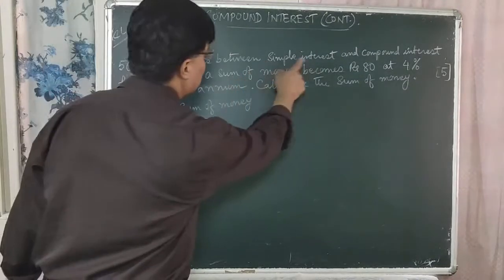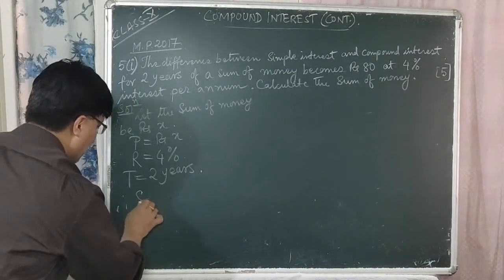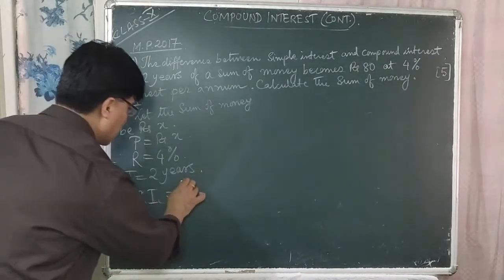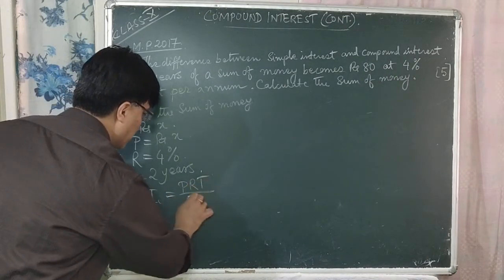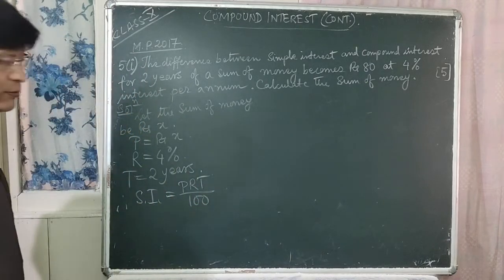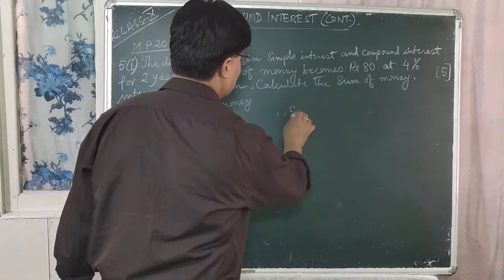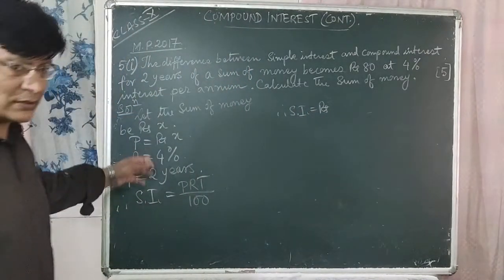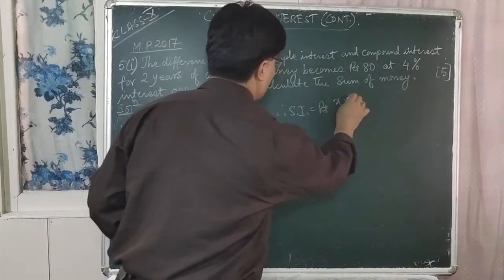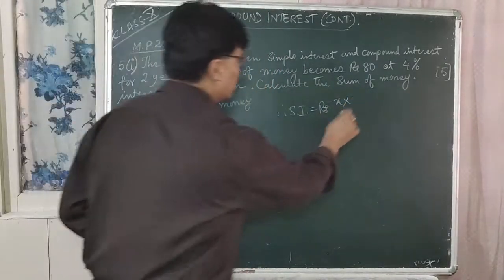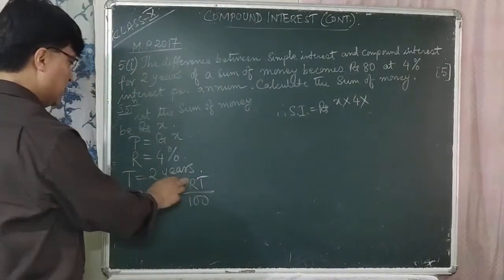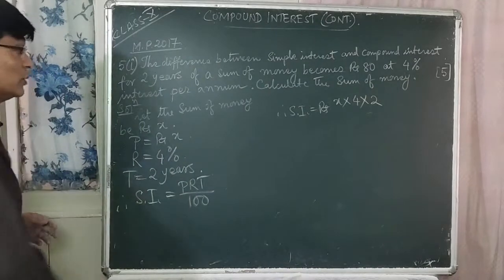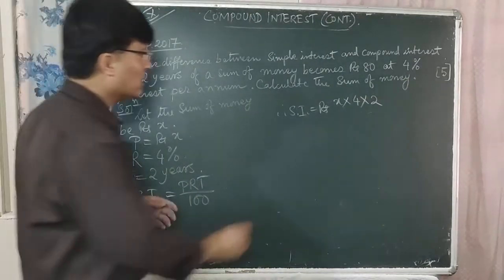Let us calculate the simple interest. Therefore, SI is equal to, what is the formula that you can use here? PRT upon 100, right? So therefore, SI is equal to, this is rupees, what is the principal P out here? This is X. What is the rate in this case? 4. What is the time in this case? That is 2, for 2 years, isn't it? So T is equal to 2 years. So this whole divided by 100,